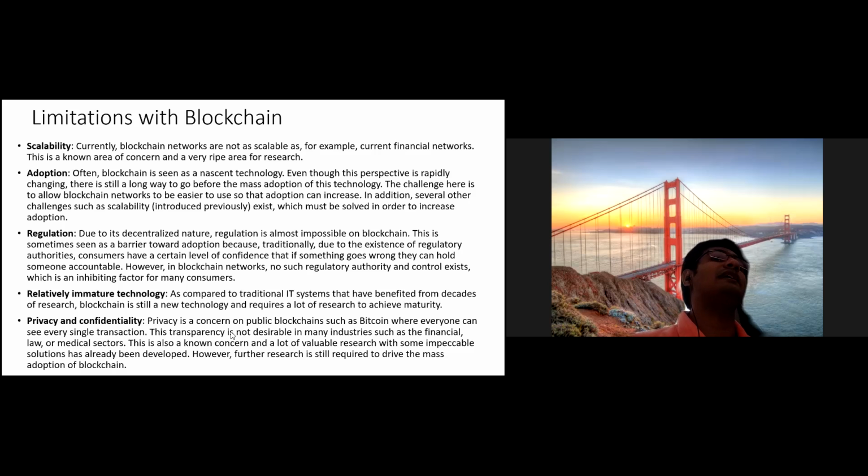Privacy and confidentiality: every use case doesn't want privacy. So where you don't want privacy, the blockchain is not an answer as of now. I'll come back to solutions as well, not to worry. So there is always a tweak, right? You want to use a blockchain, but you don't want to use everything in a blockchain. There is a solution, right? Make sense, everyone? Yes or no? Are we all good? Are we all clear on the advantages and the disadvantages? Just to give you the crux of it.